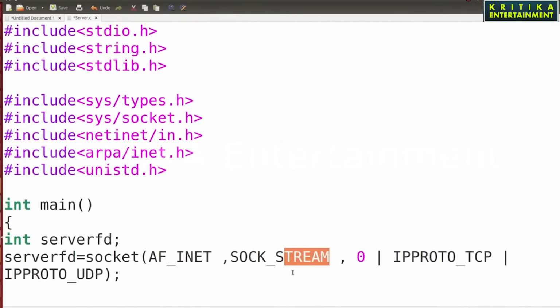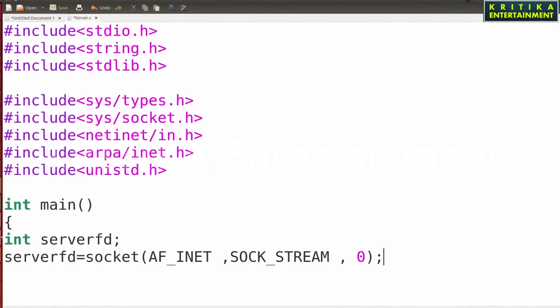If you do not know whether it is IPPROTO_TCP or IPPROTO_UDP, better you put 0 only. It automatically takes the protocol type. Then here you can print the value of server_fd with %d.